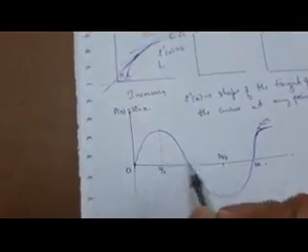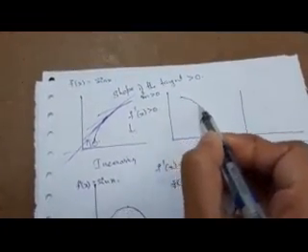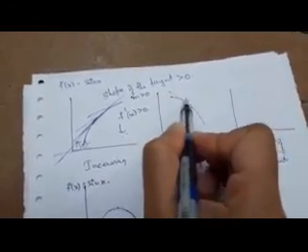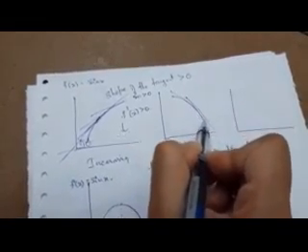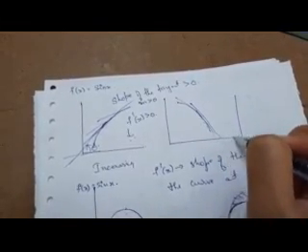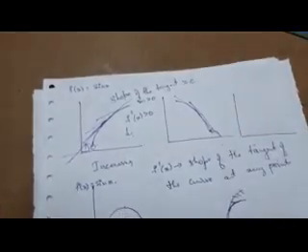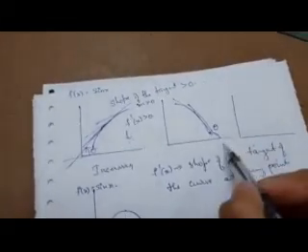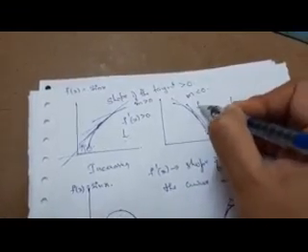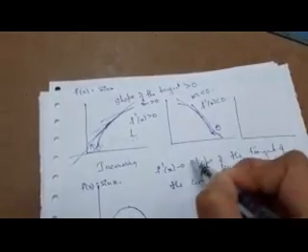Similarly, when I am talking from pi by 2 to pi, the curve is decreasing. If you draw the tangent at any point and extend that tangent towards the x-axis, at what angle does that line cut the x-axis? This theta gives us the slope of that line. The slope of that line is always less than 0. So slope less than 0 means f dash of x is less than 0. When we are considering the decreasing curve, f dash of x is always less than 0.